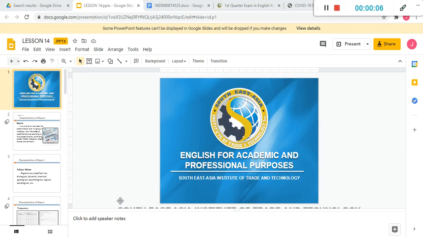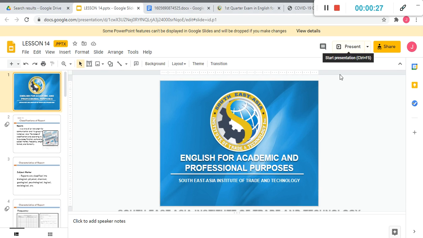So, define na natin, nalaman na natin kung ano ba yung report, ang research report, the definition of it, the structures and format of it. So, this time, we're gonna be discussing the continuation of the lesson. Dito naman po pag-uusapan natin is the classification of reports. In here, sabi natin, a report is being classified into the following terms.